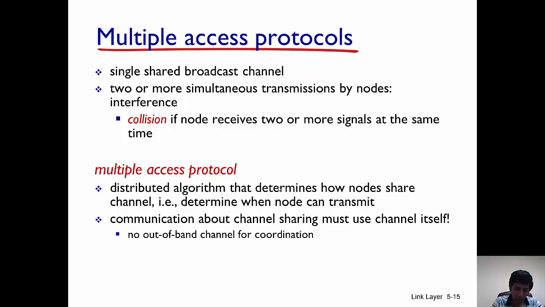So in the case of a computer network, there will be a collision if a node receives transmissions from two or more nodes at the same time. Now, multiple access protocols are a kind of distributed protocol that every node runs by itself and determines whether it should transmit at a particular point or not. That is the essence of a multiple access protocol. It allows users to share the broadcast channel and tries to make sure that collisions are minimized, or in some cases that there are no collisions at all.